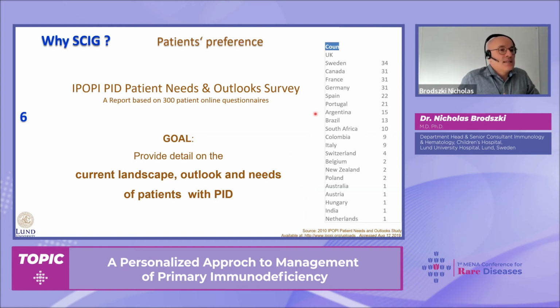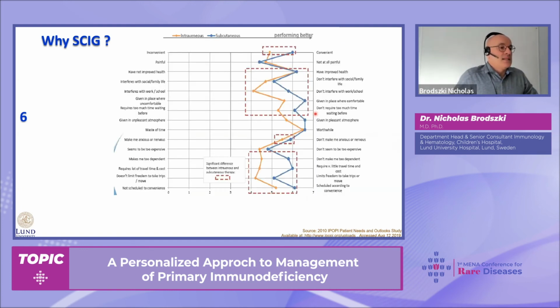And as you can see, in all parameters that they looked at, the blue is the subcutaneous treatment and the orange is the intravenous. In most of the parameters, the blue, meaning that the subcutaneous outperforms the intravenous. So it's better. And also in this study,